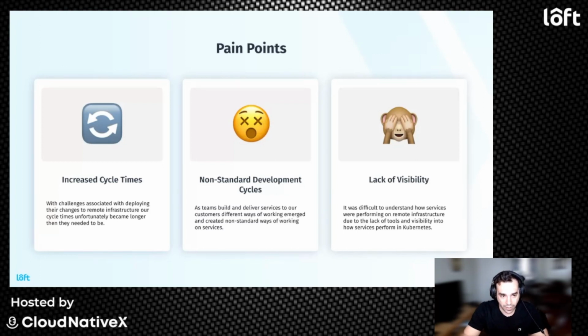And so when ADA grew as a company and our engineering organization grew, a lot of the ways of working initially didn't necessarily scale as easily. And I think one of the big examples was related to the first point, which is increased cycle times. And so when our teams would essentially push changes,